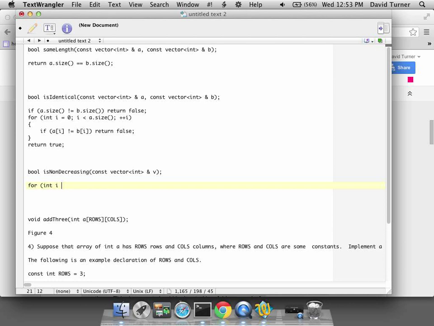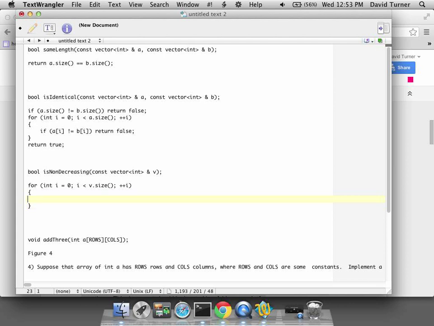So for integer I is 0, I less than v dot size, plus plus I, if A of I is bigger than A of I plus 1,